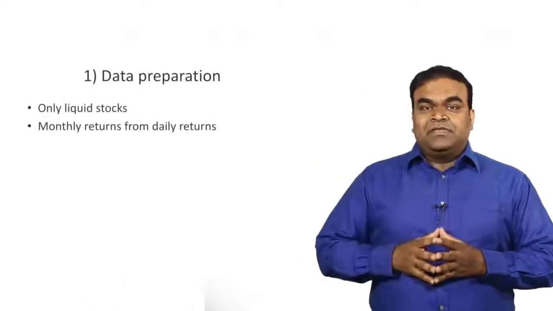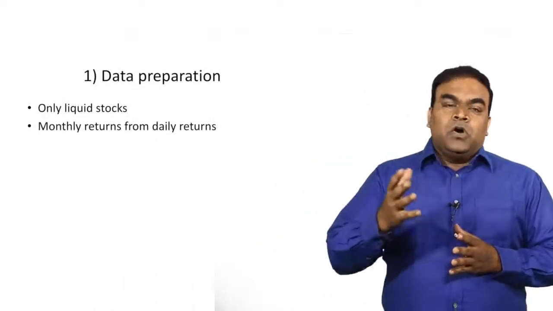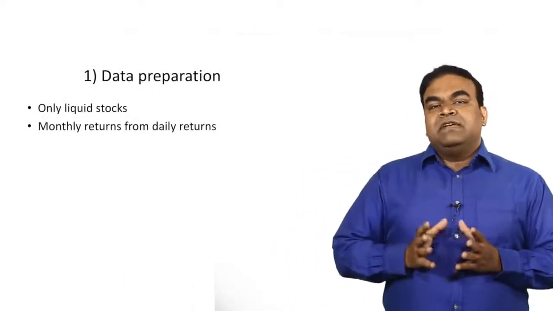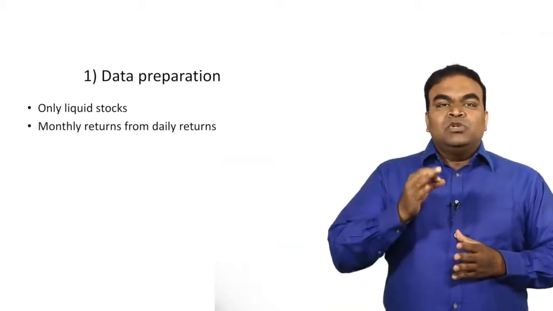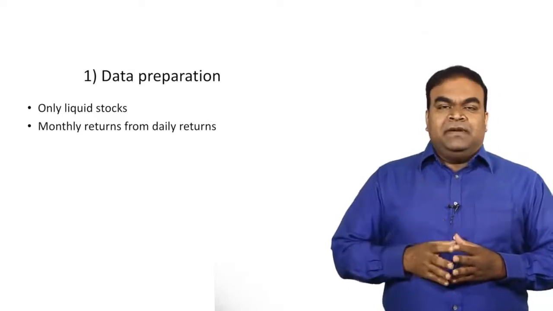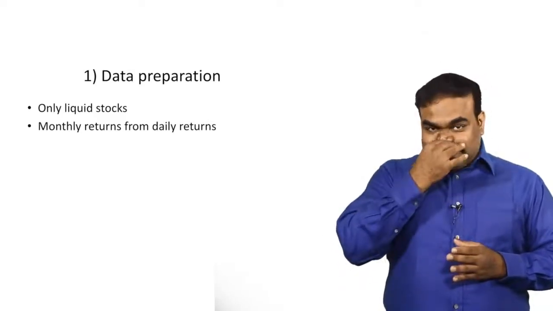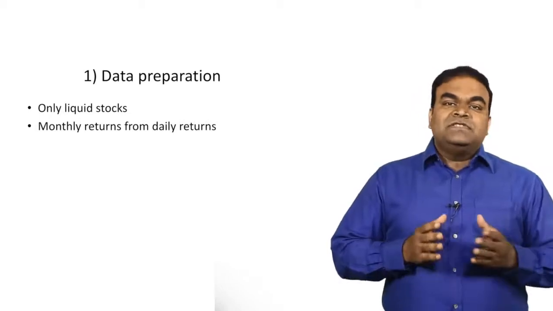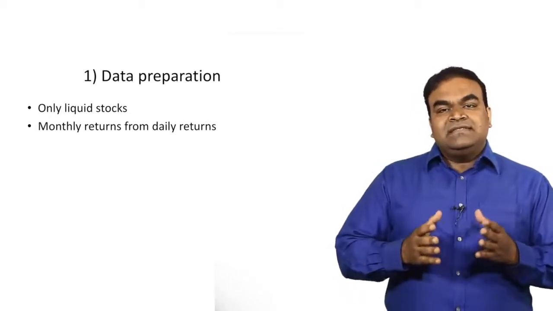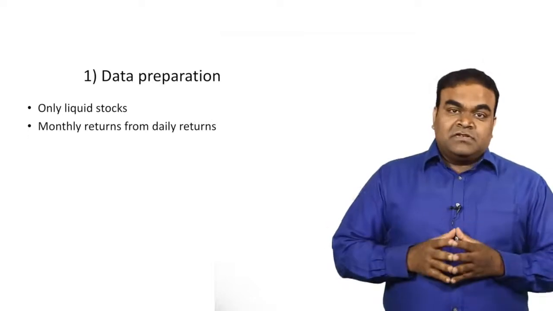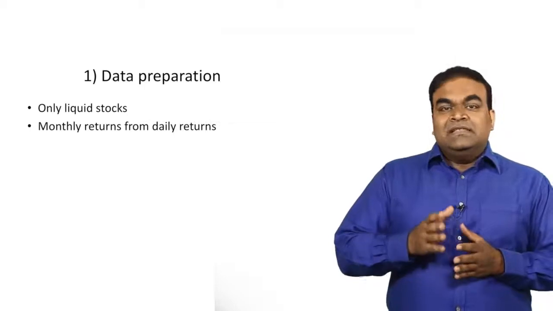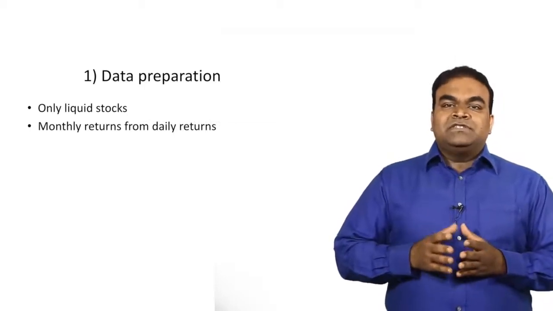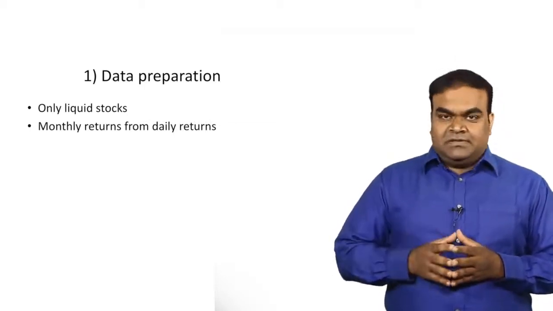Let us look at the various steps in the strategy. The first step, data preparation. Take all the stocks which have the stock price data available for the last 12 months. Why are we taking this 12 months? 12 months because it is our look back period. In case your look back period is 6 months, you can take all the stocks which have stock price data available for the last 6 months. If any of the stocks have 1 or more days with no trade, then we screen out these stocks. This helps us to identify relatively liquid stocks and get rid of illiquid stocks.